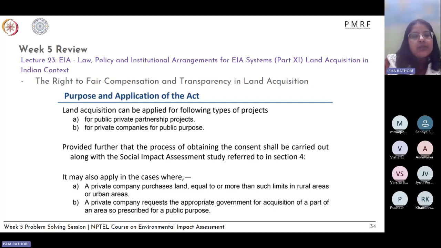So a land acquisition can basically be divided into two types of projects. One is for public-private partnership projects, and the second is for private companies for public purpose. So in a public-private partnership, the government basically floats a tender for the development of a public use facility. But because the government has to pay a certain amount for the development of that property, and it usually does not want to invest that much money without any results being shown, they give this project to a private company based on a tender and certain document verifications.